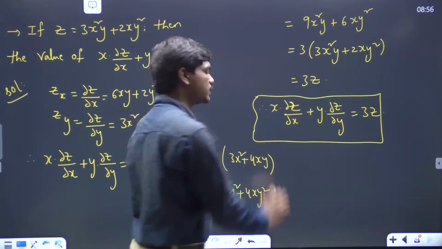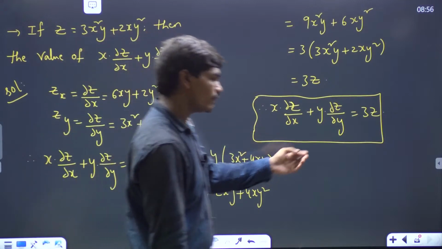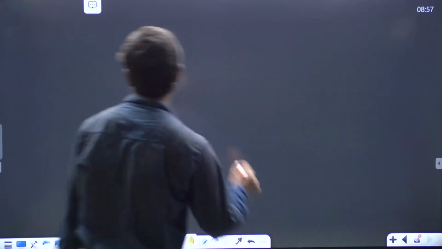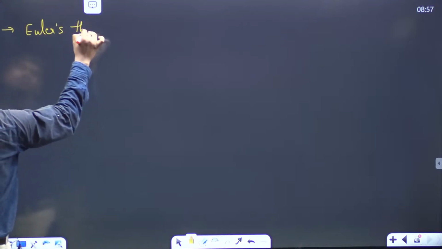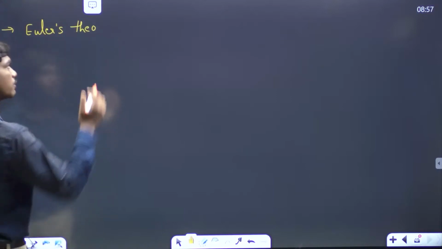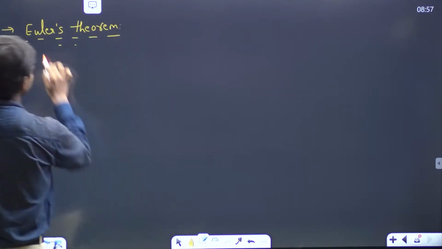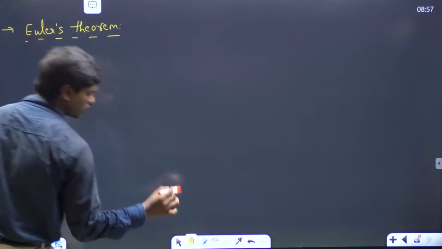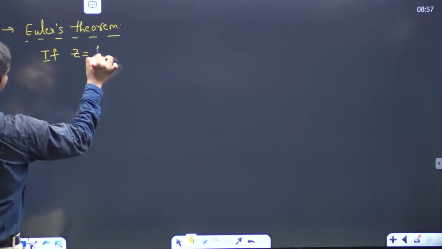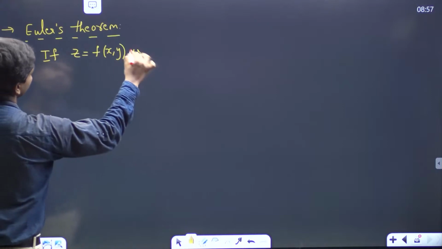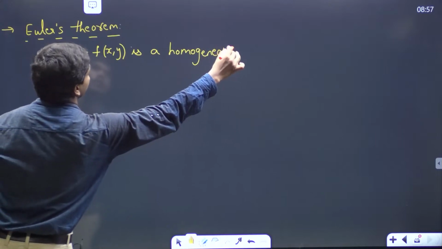But without doing all this calculation, there is one person called Euler who gave a theorem for this, and it's called Euler's theorem. Okay, now let us see what is that Euler's theorem in partial differentiation. I think some of you might pronounce it differently, whatever you can. Euler's theorem in partial differentiation. Okay, so let us see what are the points here. What he told: if z is equal to f of x comma y is a homogeneous function,